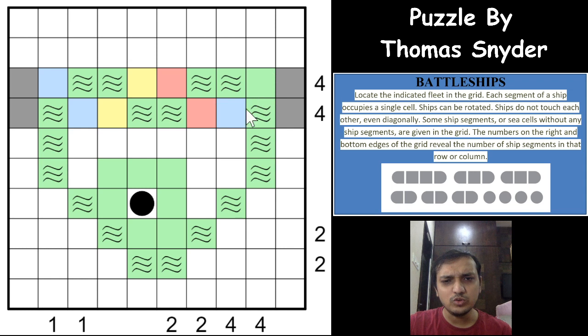And out of these two, one has to be a ship segment, which is this one, right? Same way for this one, this cannot be a ship segment and this has to be a ship segment, right? And ship segments cannot touch diagonally, so we can just mark the unshaded cells here for these 2 cells and these 2 cells as well.